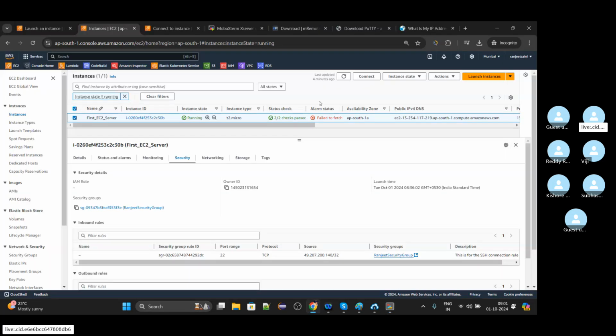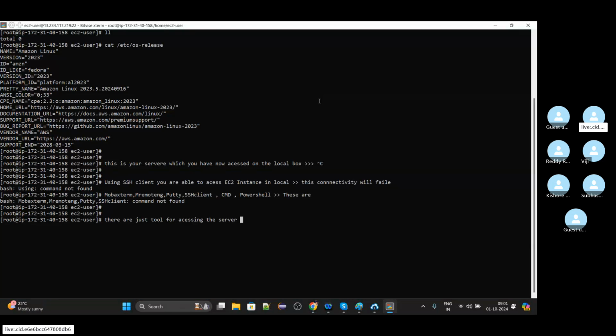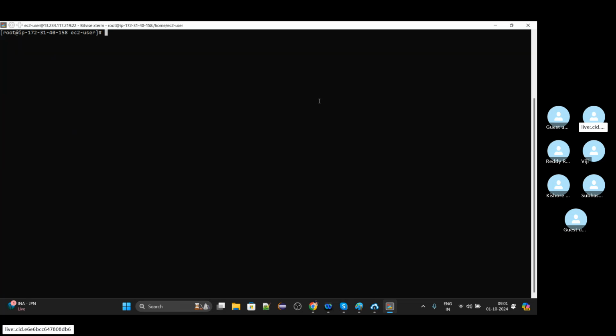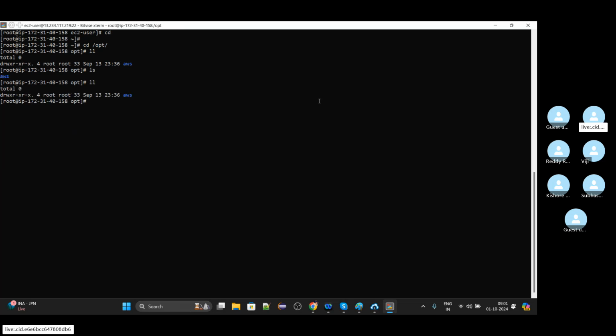You created the server. Now you start doing whatever action you want to do in this particular component, and that will give you a visual view in this area. So for example, if I want to perform anything, I should go over here and type cd /opt. This is the directory. I should pass ls or ll to